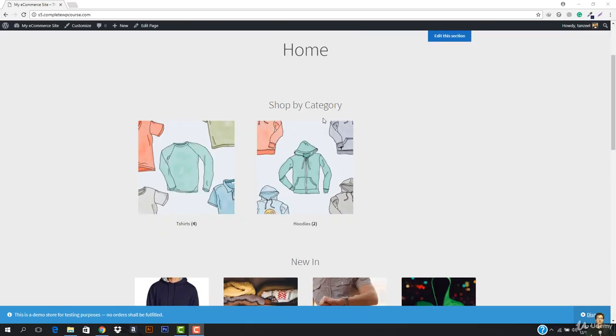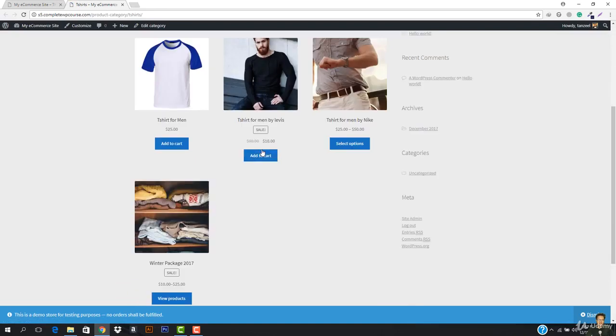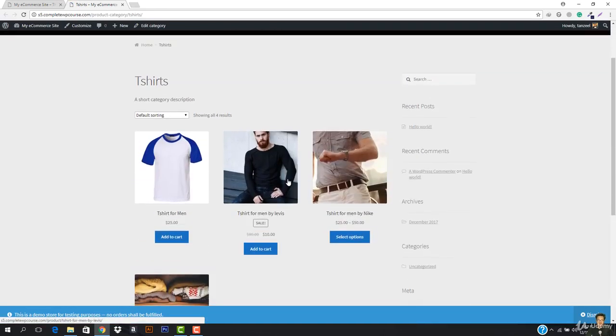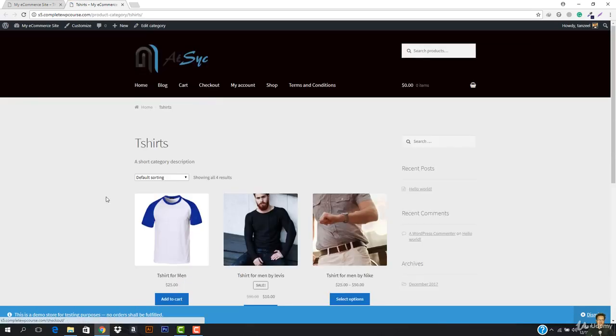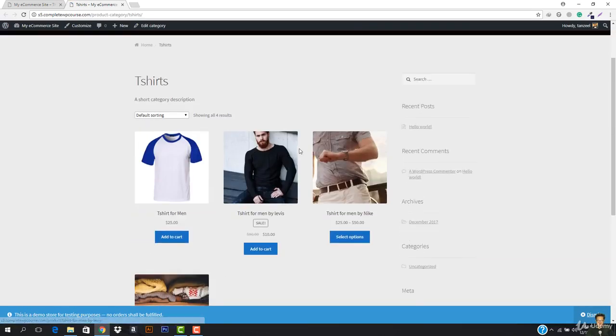So now in this video we'll be working with the category section. If I just go to the men category, then in the t-shirts category you can see that we have two subcategories, men and women. If I want to show the subcategories here instead of the products in this category, what I have to do